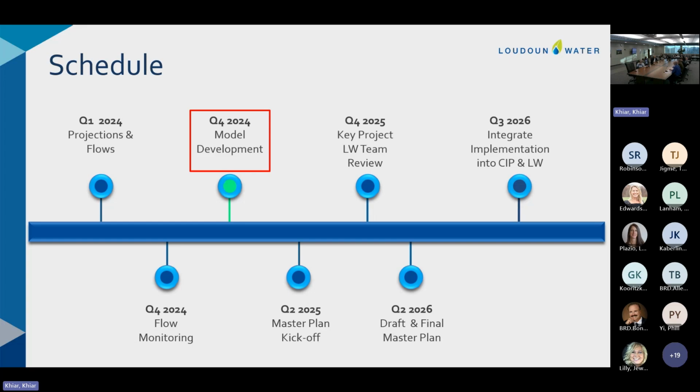And then from that, we'll also be bringing forward the full master planning, the sort of remainder of the scope, in either a single task order or multiple task orders, depending on how it makes sense for that to be broken up. But ultimately, we would like to get this work completed in sort of the middle of 2026 or the fall of 2026 to allow us to use it. But we'll be able to use what gets developed, the tools we develop throughout the course of this, as they get finalized.